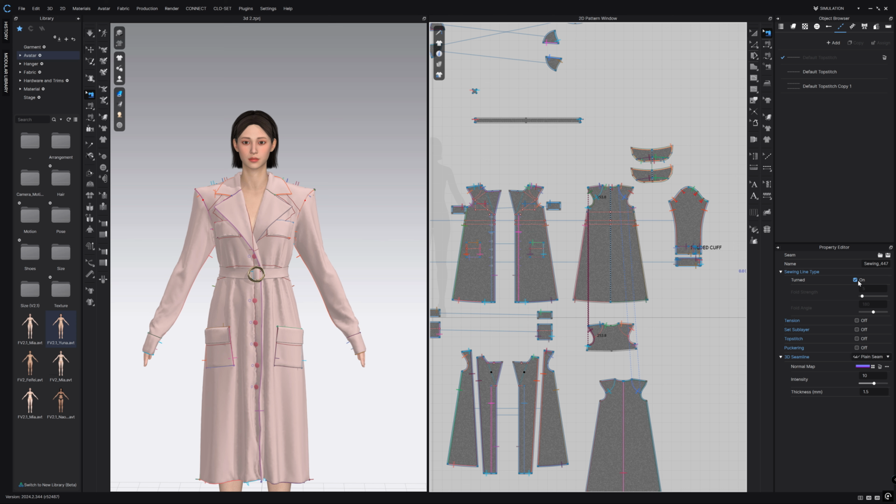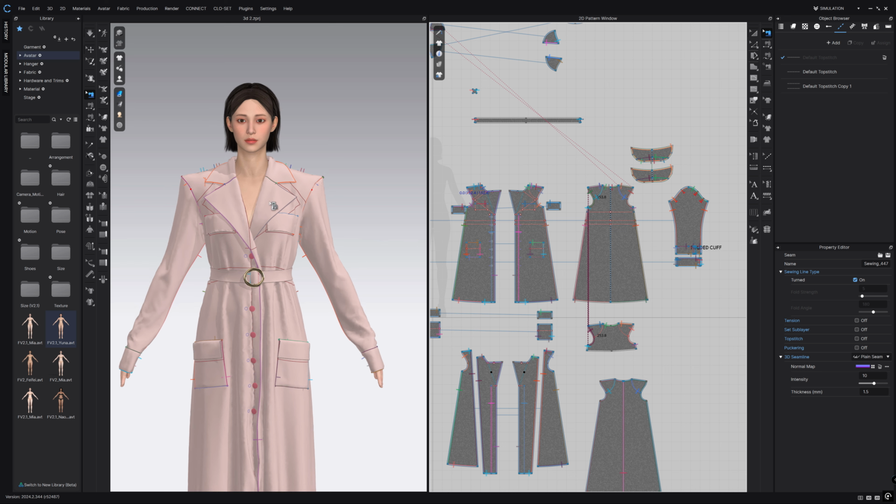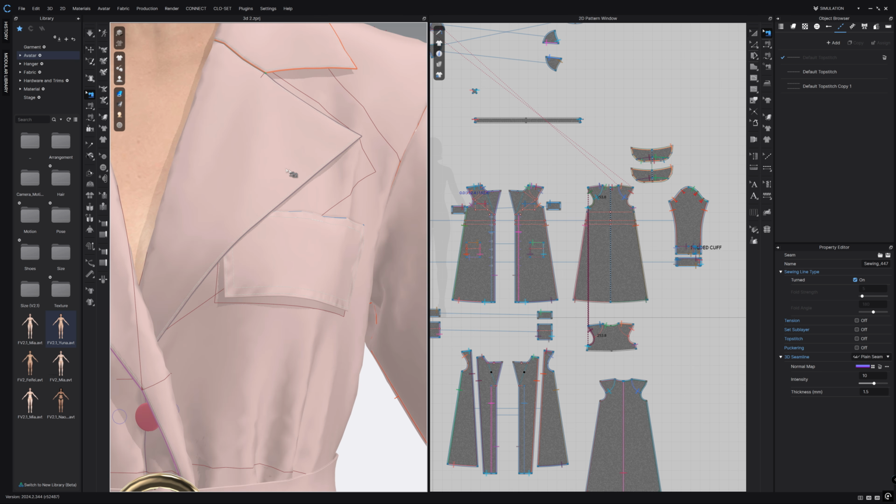The problem is when you have turned ticked, there's no information in the meta file about the status of this tick box. It will just export the values set for the fold strength and the fold angle, which will not necessarily match the effect that turned gives you. So let's go in here and have a look. I'm going to click on the collar,